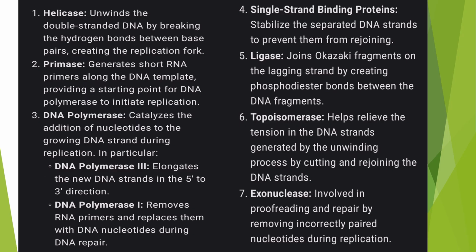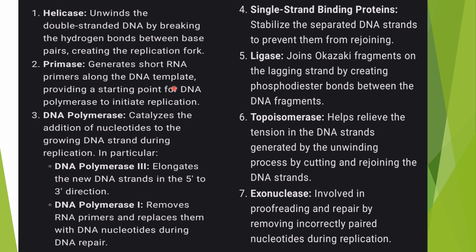In this slide, we will see the various enzymes that are involved in DNA replication. The first enzyme is helicase. They unwind the double-stranded DNA by breaking the hydrogen bonds present between the strands, thus creating a replication fork. The second enzyme is primase. This generates the short RNA primer